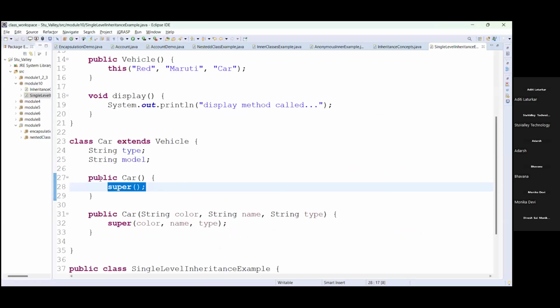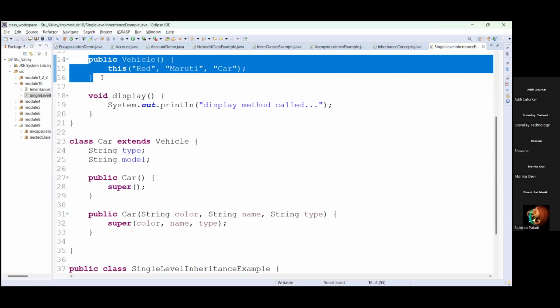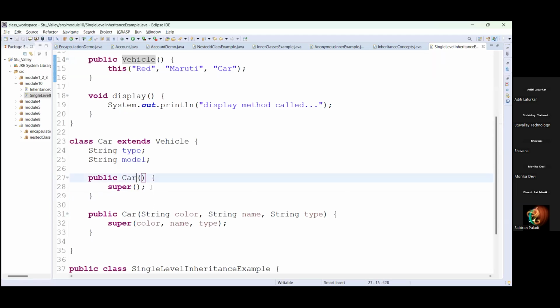example. So here you can see the super constructor is called with this parameter, there is no parameters. That means from the default constructor of car class, we are calling the superclass constructor. That is nothing but your vehicle class constructor. If you select here and open the declaration, you can see that it is calling the parent class constructor, that is vehicle. Okay, it is automatically called, and this should be the first statement of your